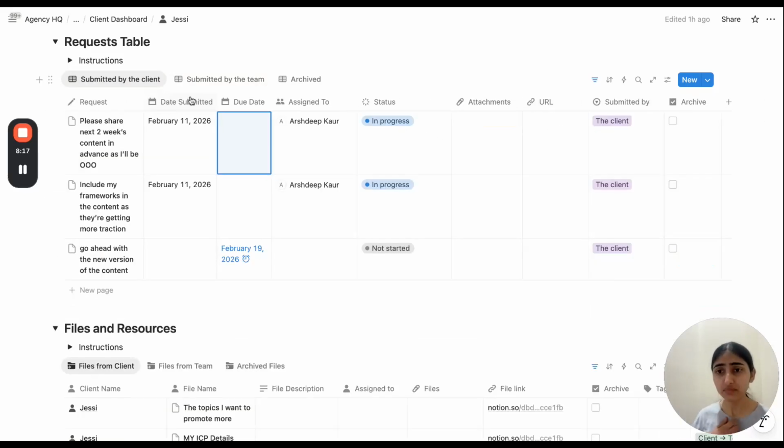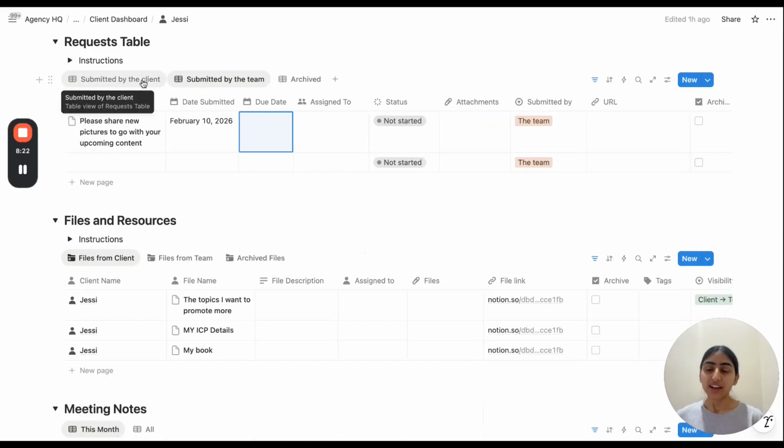So when requests are streamlined this way, it eliminates a lot of confusion and missed updates. For example, there are so many things going on between the team and the client in Slack and threads. So many things get missed and constant reminders are needed. But this single space eliminates that chaos as well.